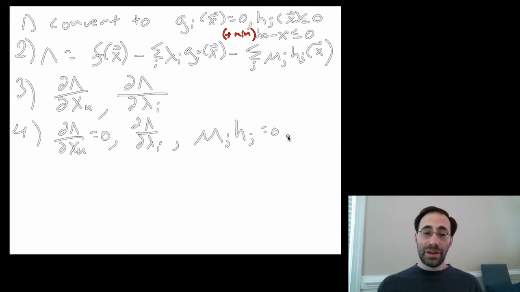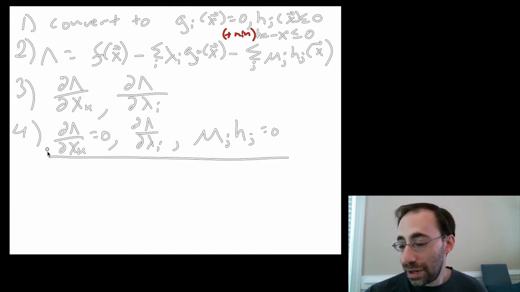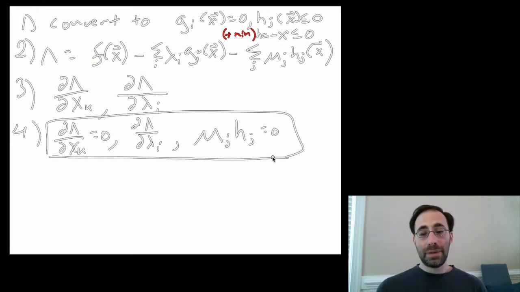So you do this for all k, which means all the components of x, for all i, so all the equality constraints you have, and all j, so all the inequality constraints you have. These give you your Kuhn-Tucker conditions. Okay. Now,